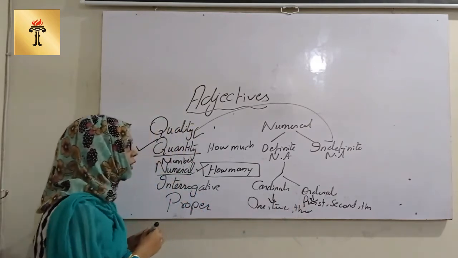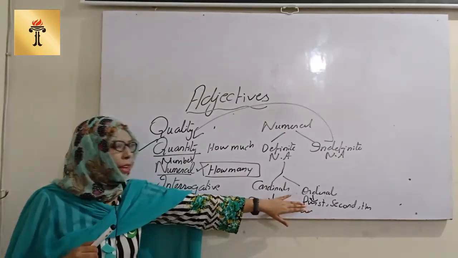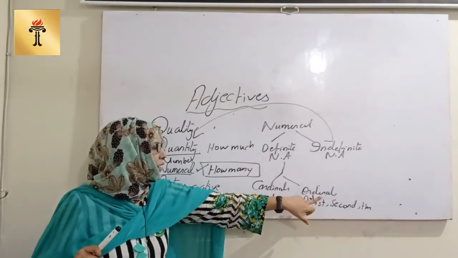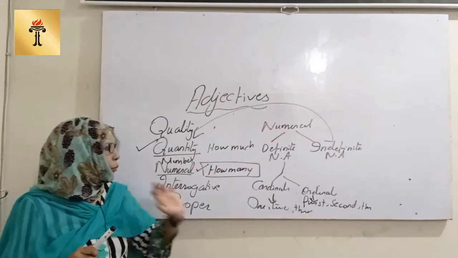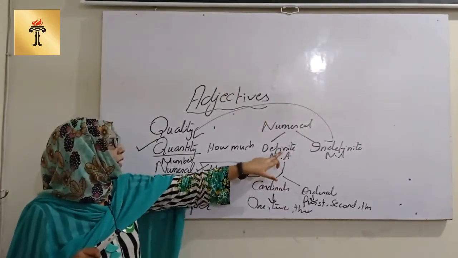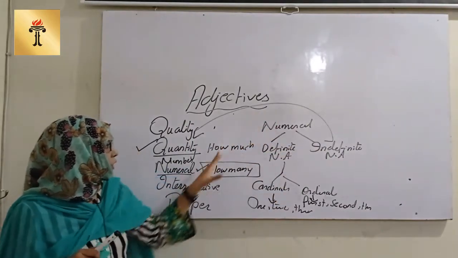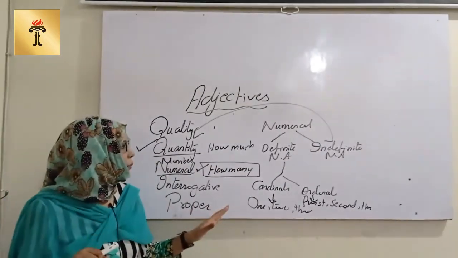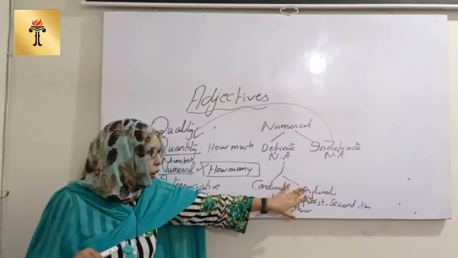And if I give you a sentence where I ask you what is the first possible solution, so what is the first in the sentence, you would say this is the ordinal numeral adjective, or you may say this is the ordinal definite numeral adjective. This is the structure of the numeral adjective. And again I am telling you that the definite will be divided into cardinals and the ordinals.